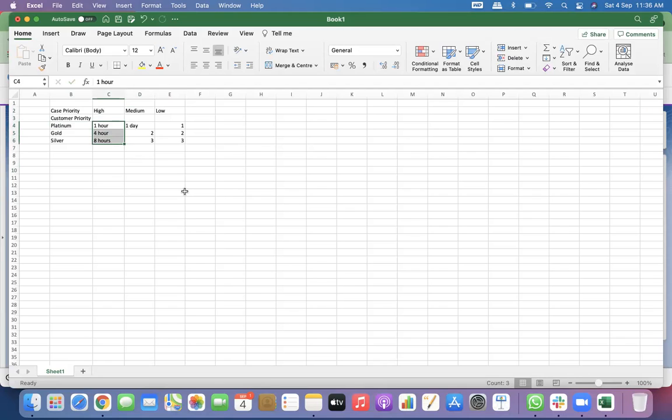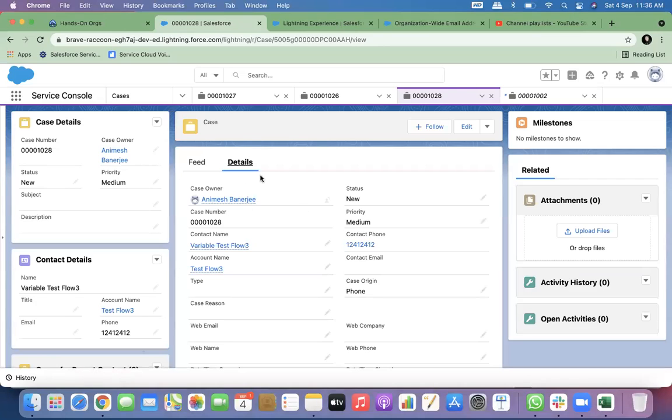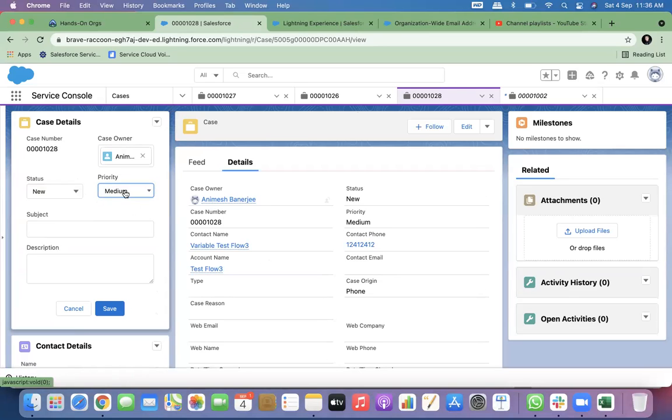Okay. But how can I choose? Will any ticket get resolution in 1 hour? No. It depends on whether it is a high priority ticket, then only it will get it. But how can I understand which ticket has high priority, which has medium, which has low? Based on your discussion with the customer, when you are creating this ticket, at that point you will put the priority here, right?